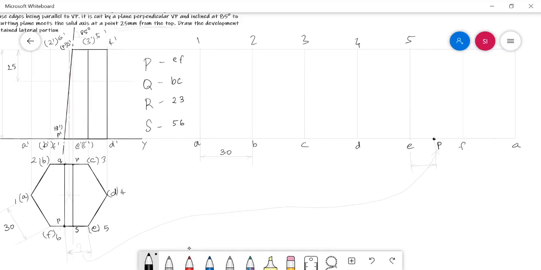In this way we have to mark the cut point in this type of situation. Wherever we are not able to mark the cut points simply by projecting them from the front view to the developed area, wherever the cut points are obtained in the base edges and face edges of a prism, marking the cut points in the development can be done through this procedure only, not by simply projecting them and marking them in the development. You have to measure and mark, not project and mark.